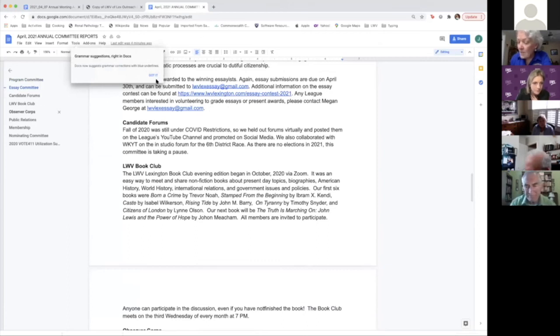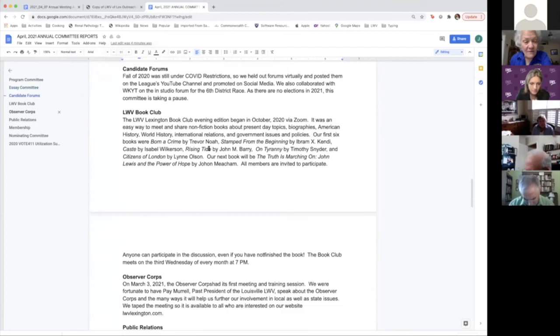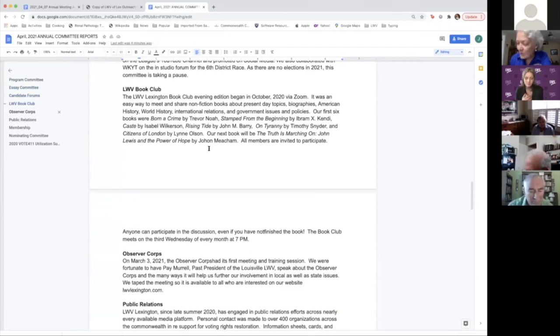The book club has been great fun on a personal note, and Maureen's done a great job getting us wonderful books, suggesting books, and other people have suggested. And I was glad to see the book that she chose for May, or someone chose, because a friend just told me last night that she had just read that book. So I was like, well, I'm reading it too. So anyway, it's great fun. And thanks, Maureen.